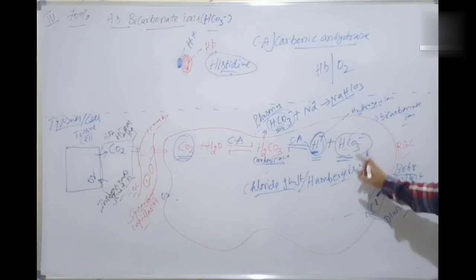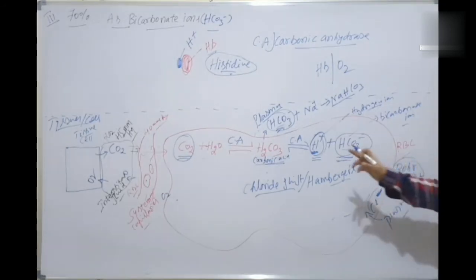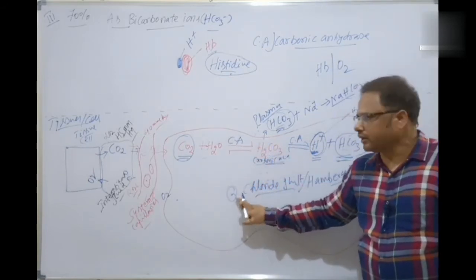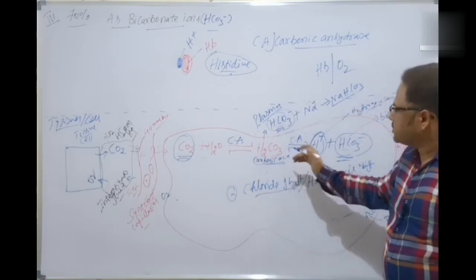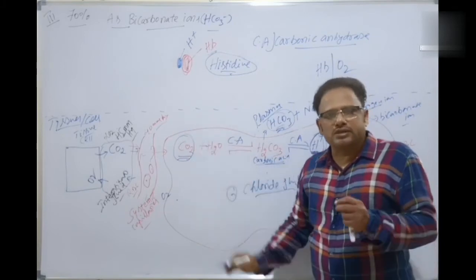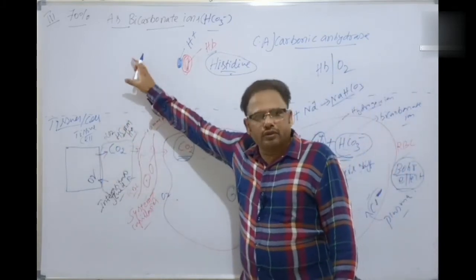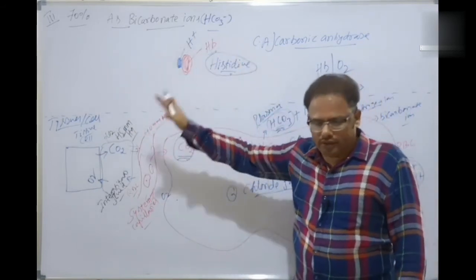So what are the two effects which are seen here? One is called the Bohr effect, seen at the tissue cells, and the second one is the chloride shift, which is also seen at the tissue cells. It's very clear, isn't it? So 70 percent or more of carbon dioxide is transported from tissue cells to the alveoli. Okay, so what happens at the alveoli? Let's discuss now.